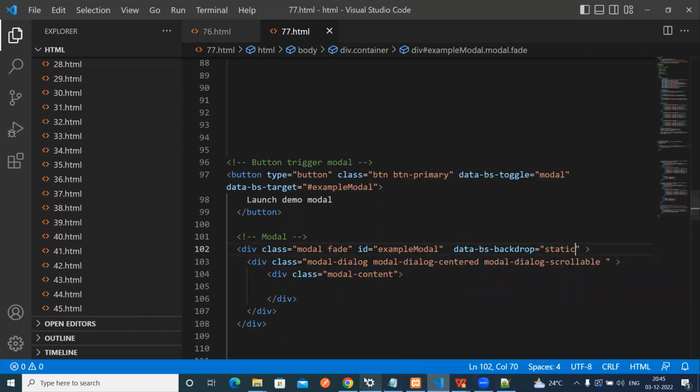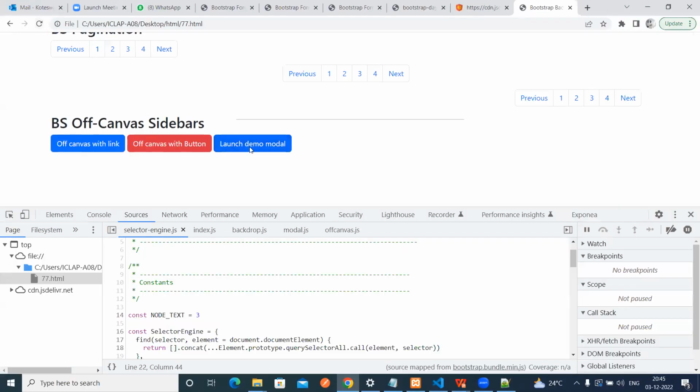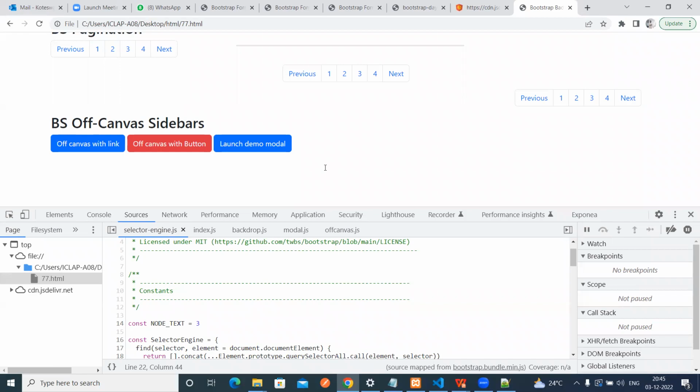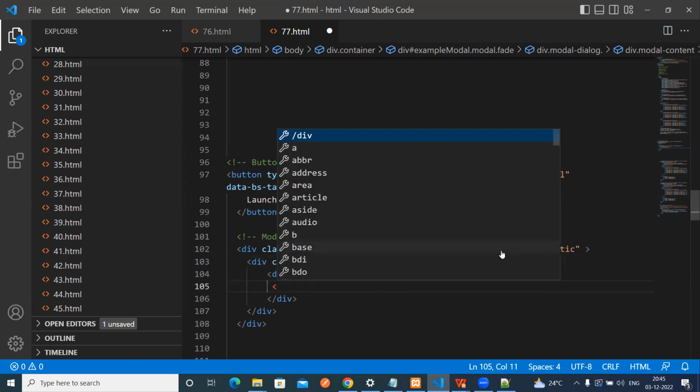Static. Okay, so the modal is open. We don't have any content inside of this one, so that's why it is not showing fully. It opened at the top. Now inside of this one, we can place content. By default, we are having the